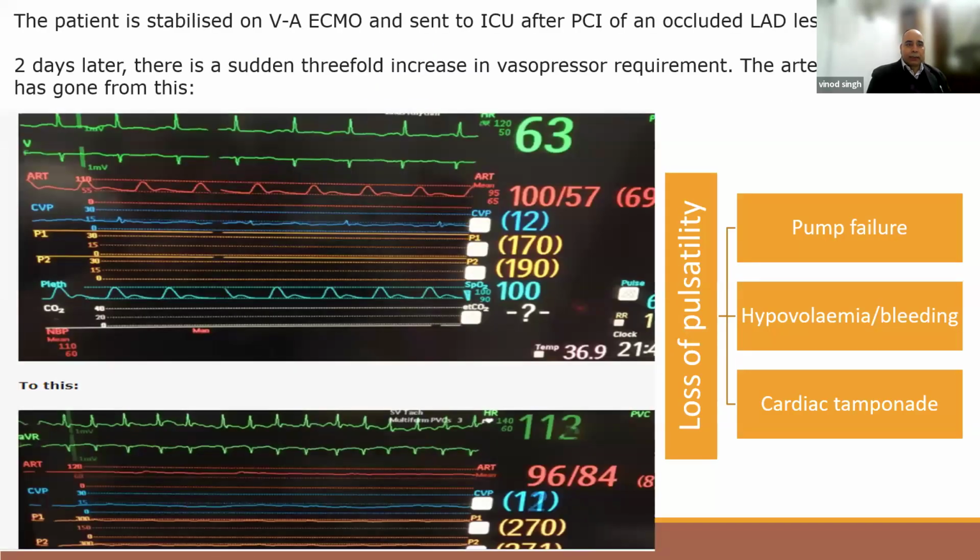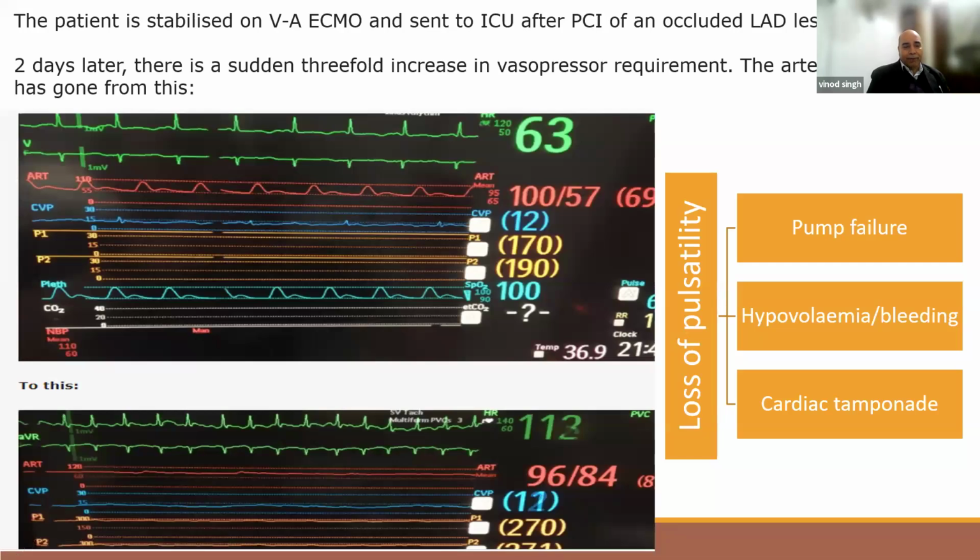And look at this patient, 2 days later, there is a sudden threefold increase in the vasopressor requirement. The arterial line trace has gone from upper to lower. You can see what has happened to the patient. In the previous scene, you can see the red line, blood pressure was 100/57, but there was pulsatility. Here again, there's not much change in the blood pressure, but the pulsatility has gone. That means this is